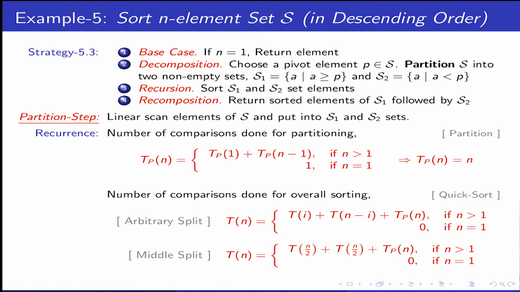Now we need to understand which is better, as in binary search, where not all splits are the same. Here also we can do arbitrary shifting of the splits and analyze the recurrence to understand where we stand. By the way, of these two sorts I mentioned, this one is quick sort and the earlier one was merge sort. You will learn this in your algorithms course, but it is nothing but a variation of the divide and conquer thinking: how we split, sort and combine, or split in an elegant way, then sort and directly report. Depending on that, we can see how our strategy or process of sorting elements differs.